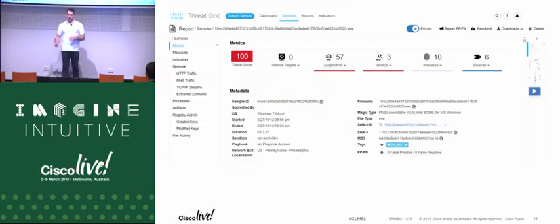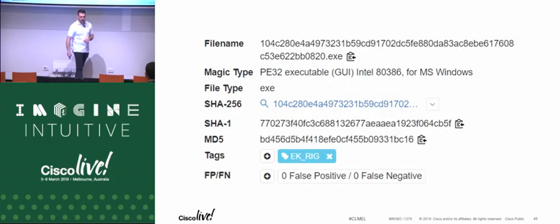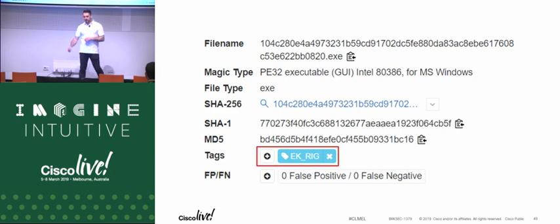So here's a sample that was submitted. Zoom into this section here. We can see the tags. So it's EK-RIG. EK, exploit kit. RIG is a very common exploit kit that's been around for quite some time at this point. So what happened here,